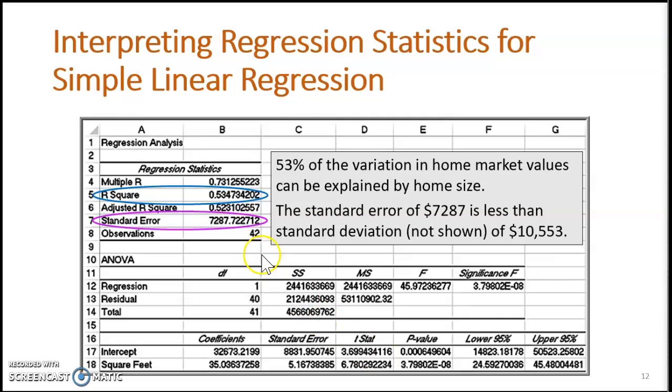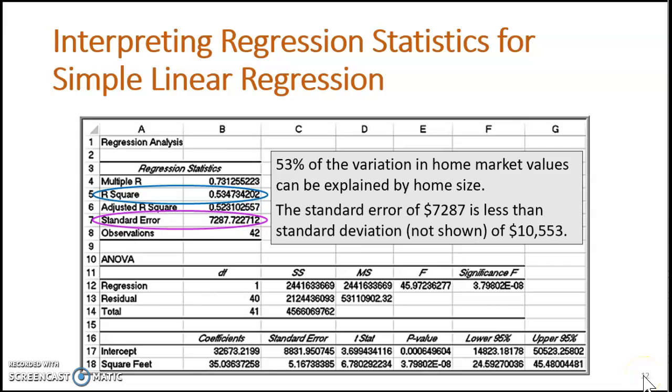The standard error of 7,287 is less than the standard deviation of 10,553. The value of the standard deviation is not shown in this table. This is because the independent variable in the regression model explains some of the variation that we can